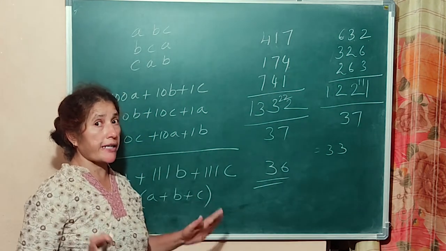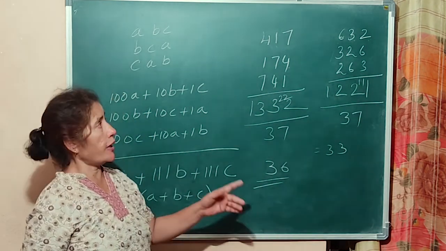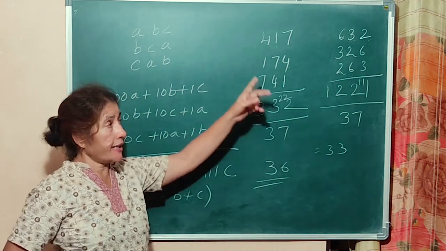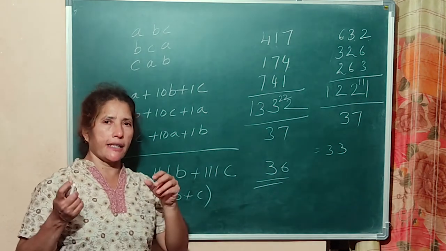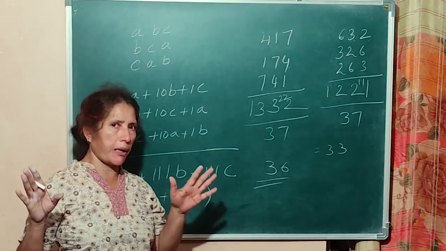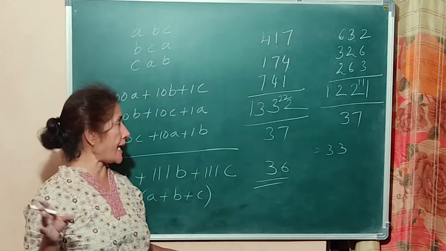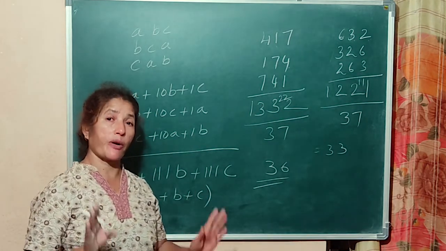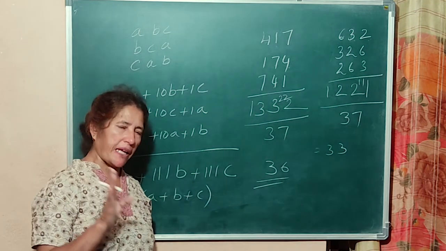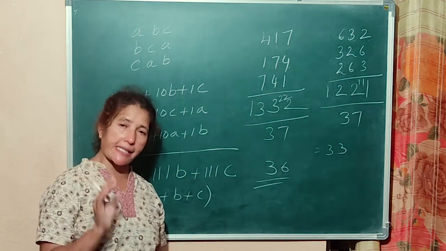So I hope you understood very clearly. When you add the digits, 3-digit number in such a way, the answer is divisible by 37 or 111. I gave you the trick also. I hope you understood whatever I taught. Please practice all these, you will understand better.